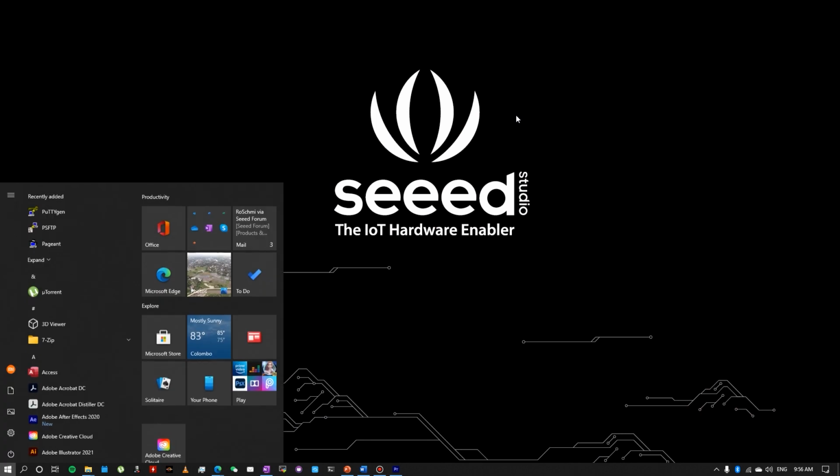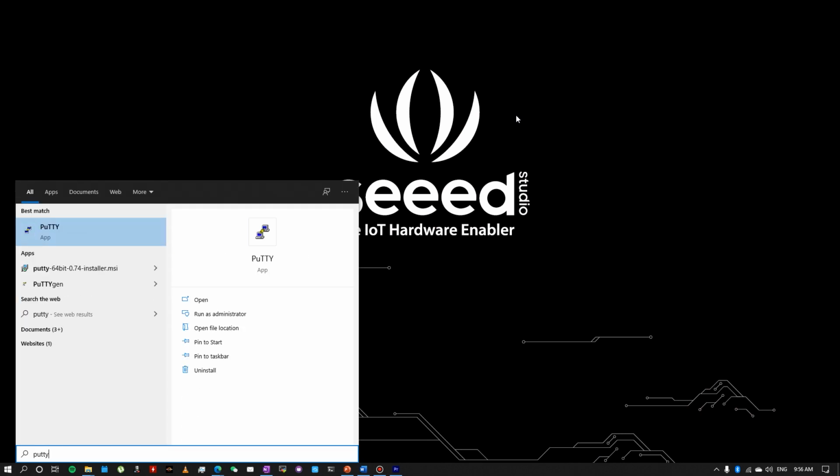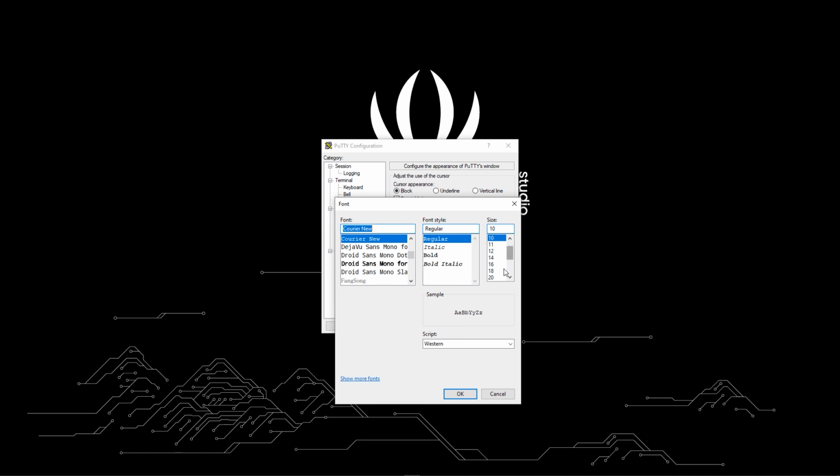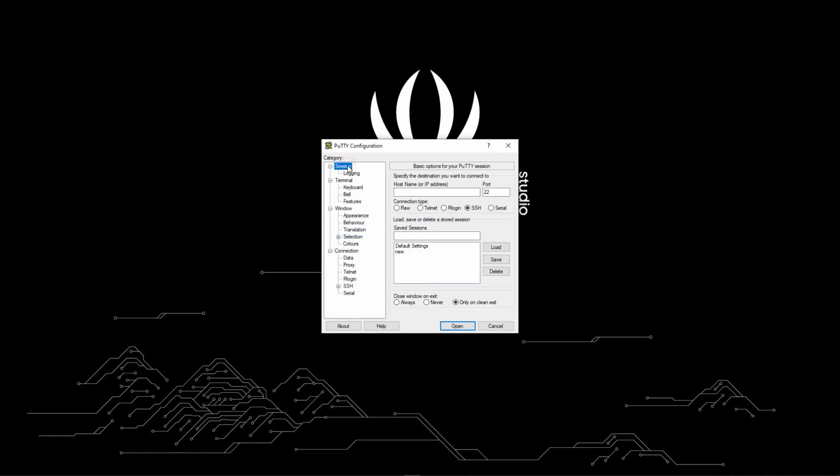After that, open Putty, and I'll change the appearance to make the text a little bigger, so make it 18, and go into session SSH, and from here in hostname type raspberrypi.local.